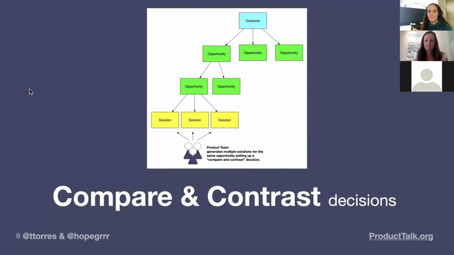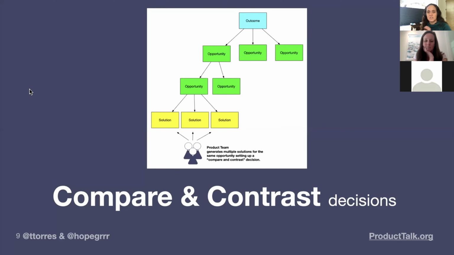So the idea is that if it's a one-way door decision, you walk through the door, you see the consequences of having made the decision. And if it turns out you made the wrong decision, the door is closed behind you, you can't come back. Whereas in a two-way door decision, you walk through the door, so you get the benefit of having made the decision. You see what's on the other side. If it turns out you don't like it, you can easily turn around and come back.